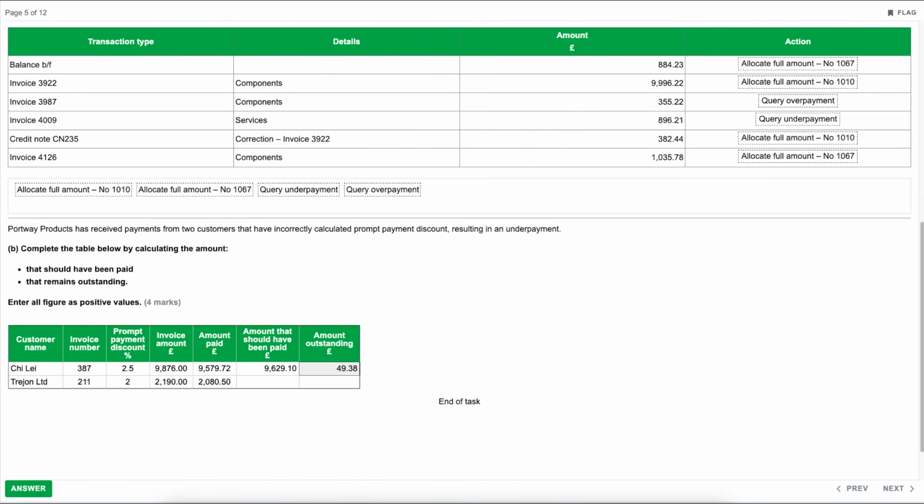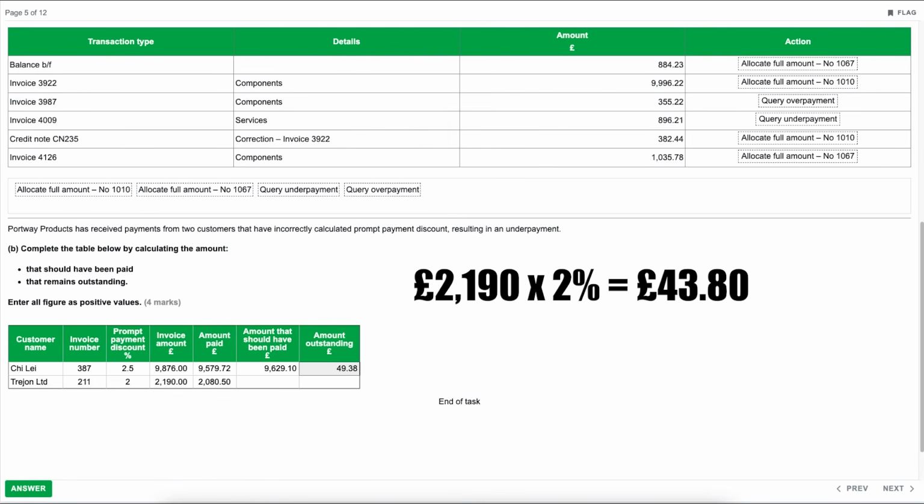Now we will use the same technique for the next one. So this time the prompt payment discount is 2%. So we do 2% of our £2,190, i.e. the invoice amount. So 2% of that figure is £43.80. And then the same process as we did before, we would take off the £43.80 off of the invoice